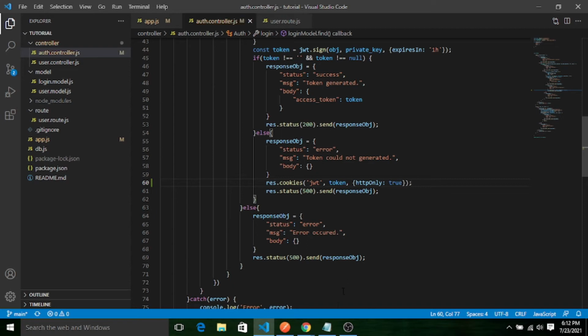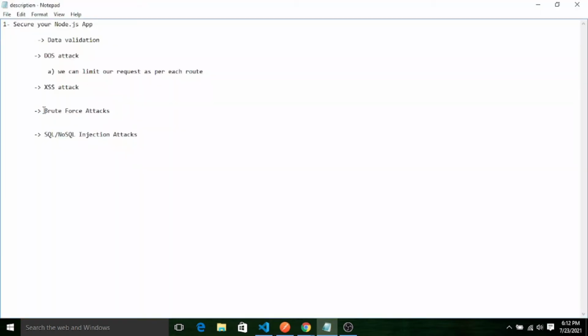Let me go to the brute force attack. I will tell you how this type of attack happens. Let's say you have a password for every application. When you try to access an application, the first action is you have to log in. So you need a username and password. What attackers usually do for a brute force attack is they guess thousands of passwords and try them.